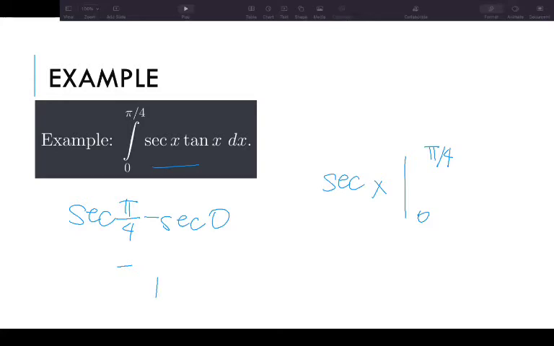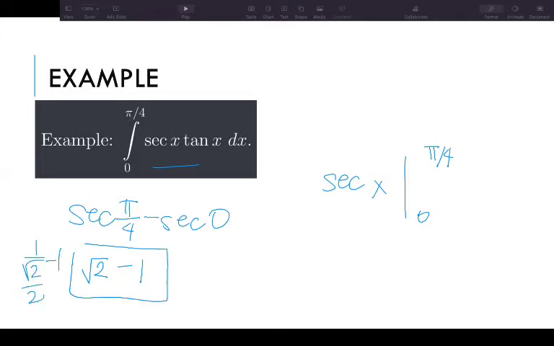So we have 1 here. Then, for secant pi over 4, this is just secant 45 degrees. So 1 over cosine 45 degrees, which is square root of 2. 1 over square root of 2 over 2